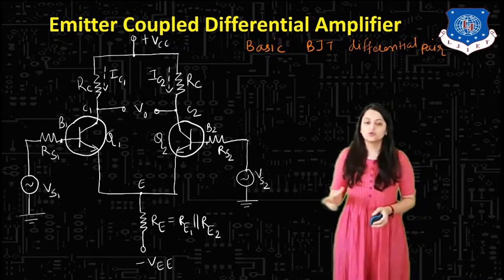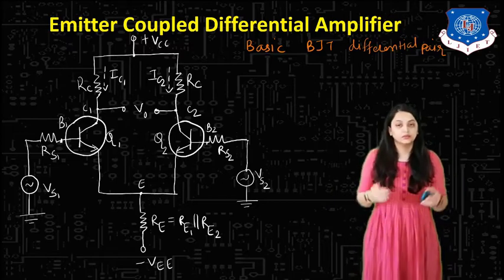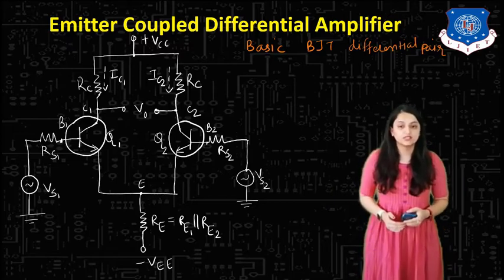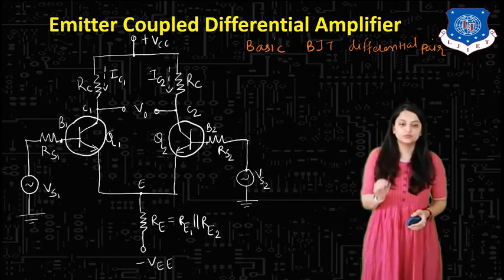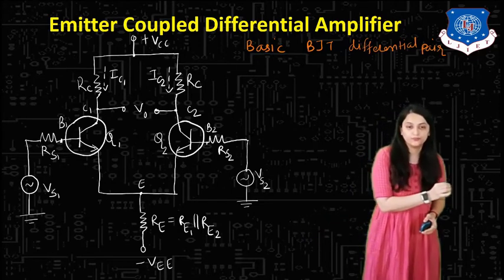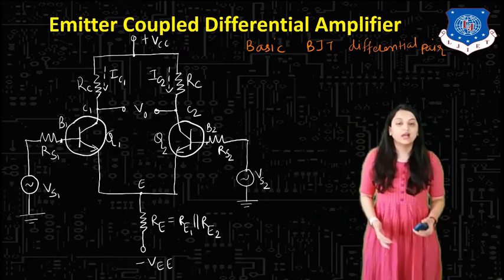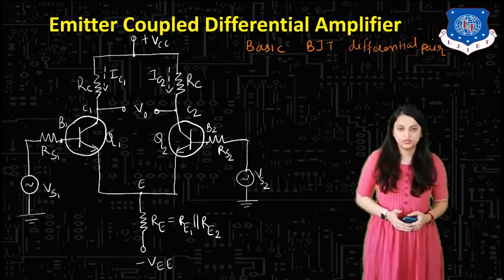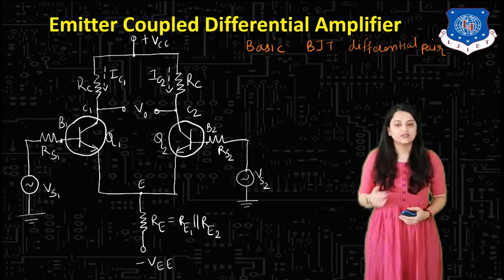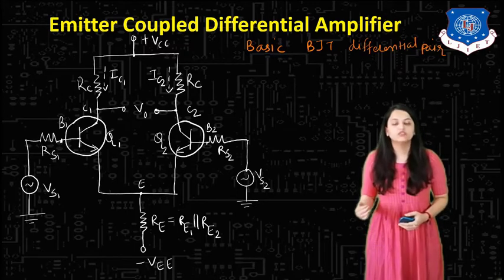Supplies are given to the source terminals, VS1 and VS2, and the emitter terminals of both these transistors are coupled together through the resistance Re, that is equal to Re1 and Re2 in parallel. Here plus VCC and minus VEE are also given, and output is obtained from the collector terminals. Here you can see the IC1 and IC2 currents, the currents flowing through the collector terminals of the transistors Q1